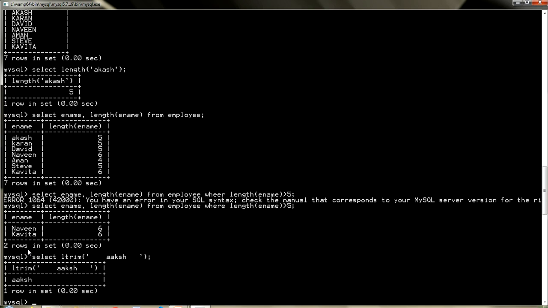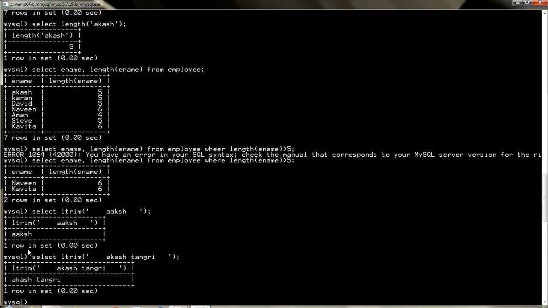So you can see here the spaces which were on the left side of the word or in the string, those have been removed. It will not remove the spaces which are between the words. Akash, let's say Tanvi. So it will not remove the space which is within the word, but it will finish or remove these spaces which come in the beginning.